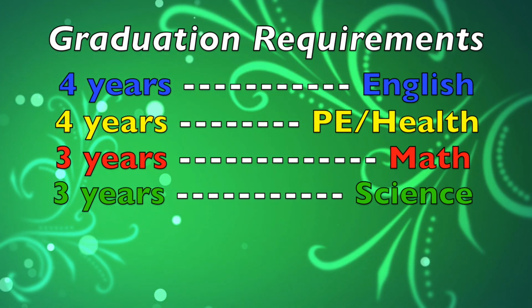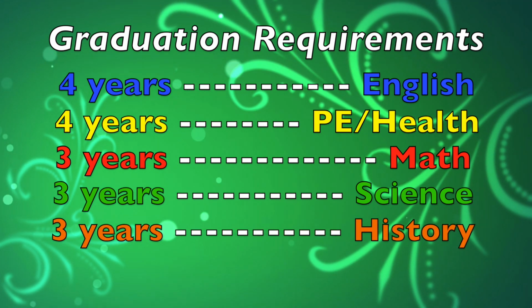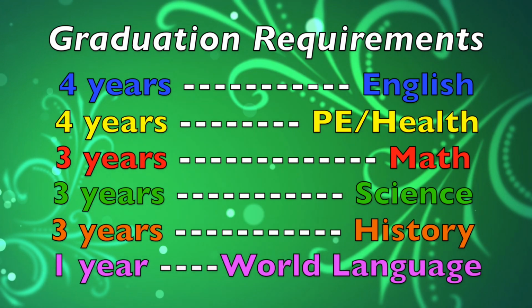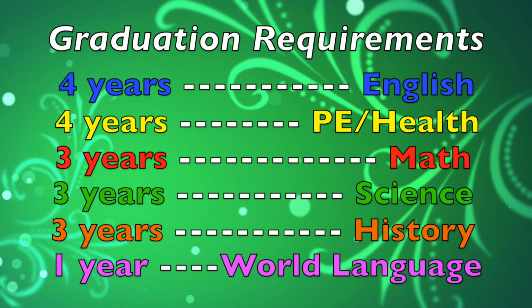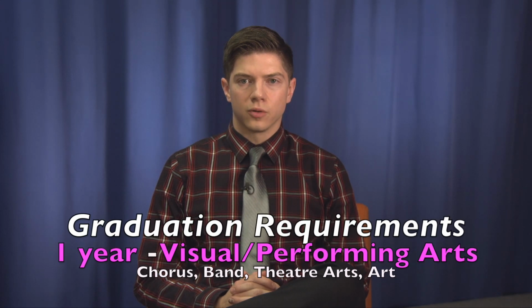Additionally, students are required to complete 3 years of history, including 1 year of world history and 2 years of United States history, and 1 year of world language, although you should complete 2 years to apply to a 4-year college. Students must also take 1 year of a visual or performing art class such as chorus, band, theater arts,